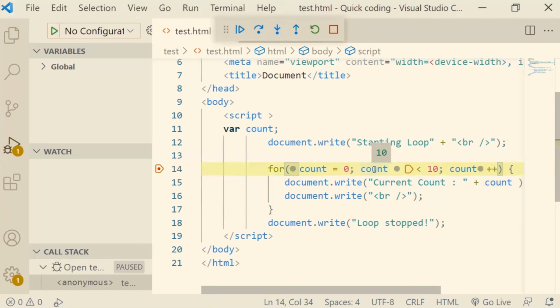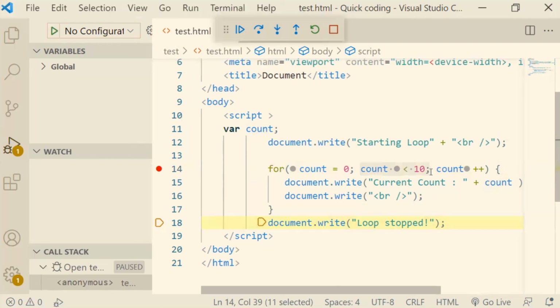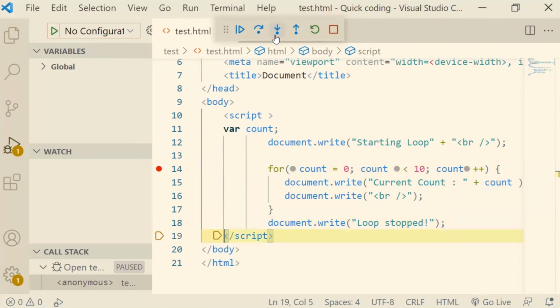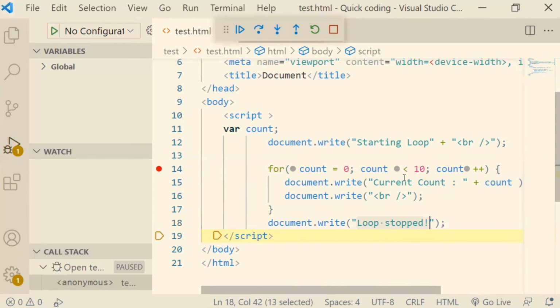Since the value of count is 10, it's not going to enter inside this block because 10 is not less than 10, and it will come outside the block. Now as I press F11, you can see the control has come outside the block instead of going inside, because my condition has become false. The same thing you can see in your browser window: the loop stopped, and I have written the stop message outside the block. So this is how your for loop works, and you can also debug and see how the control moves